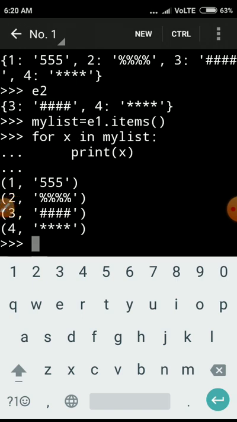And again I repeat: a dictionary is basically an unordered collection. It is mutable and based on key-value pairs. The key of the dictionary must be of immutable type and it is unique. Don't repeat the keys; you can repeat the values, that is allowed, but keys are not allowed to repeat. They must be unique. A dictionary is also called an associative array, mapping or hash. Sometimes questions come for 1 or 2 marks, what is a hash or what is a mapping. So a dictionary is known as a hash or mapping array. Okay, so thank you students.